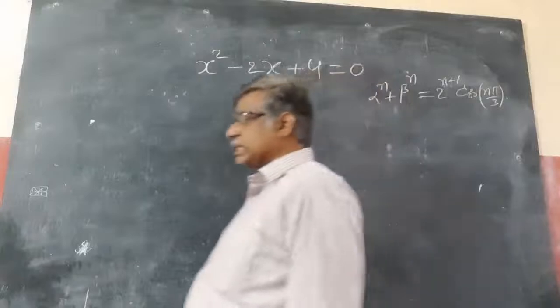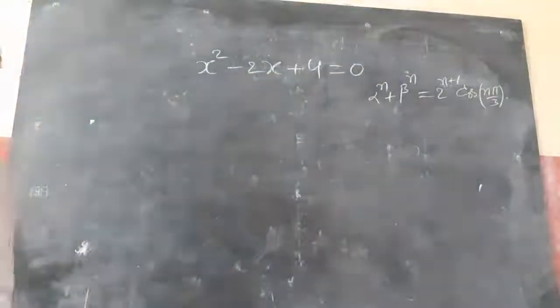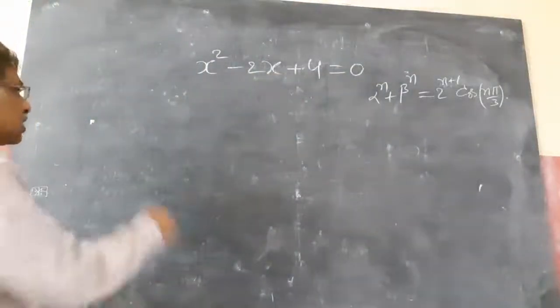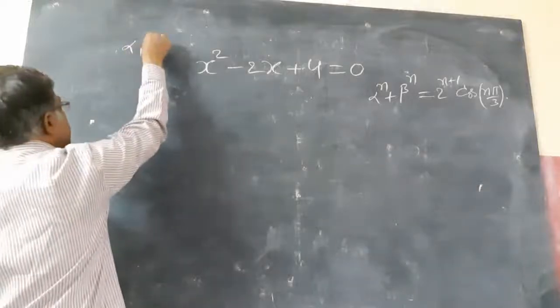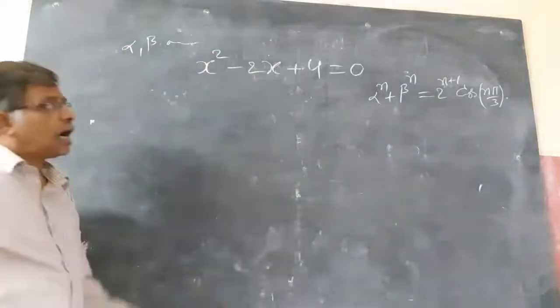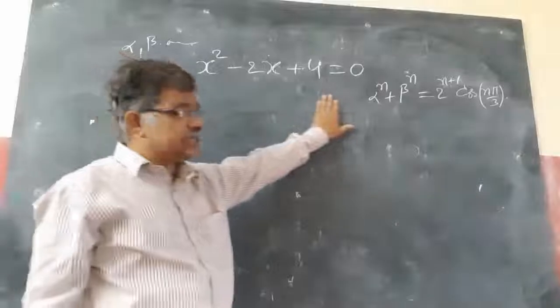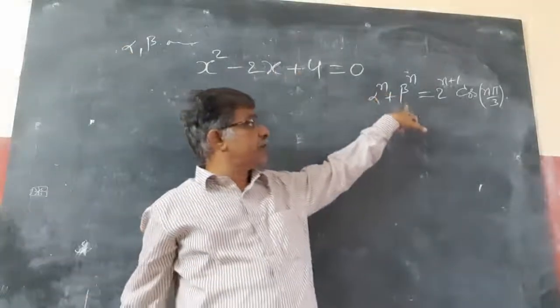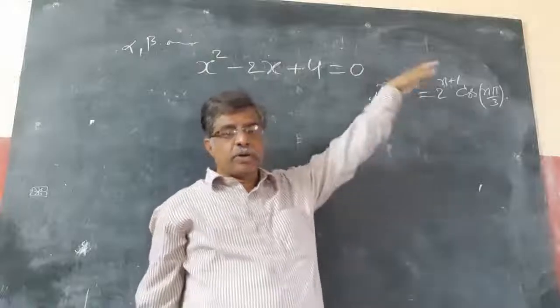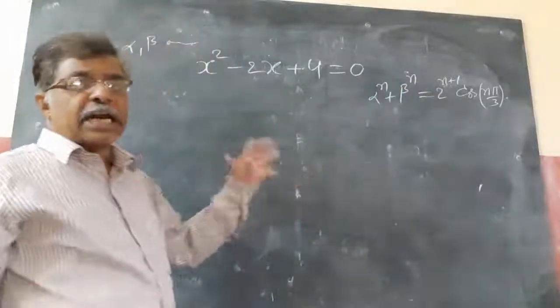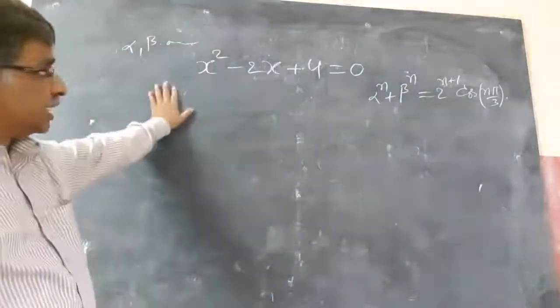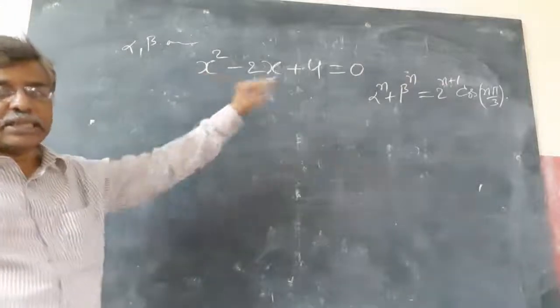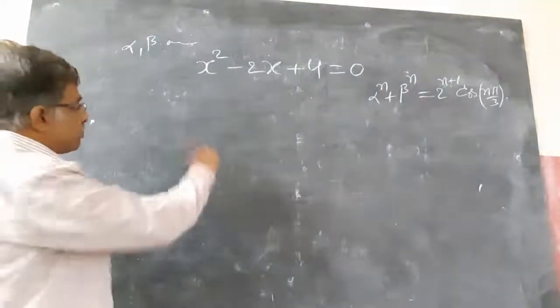Observe, same procedure, 100% same procedure. It is just confusing. Alpha, beta are the roots of this equation, which means if I find the roots, then I can go for alpha power n, beta power n, De Moivre's theorem, whole power n formula. So alpha, beta are complex roots. By saying itself we can say, because b square minus 4ac is less than 0. So find the complex roots first.